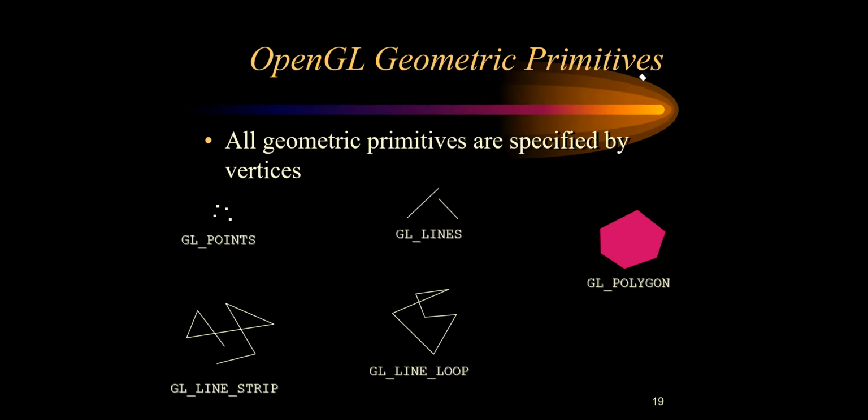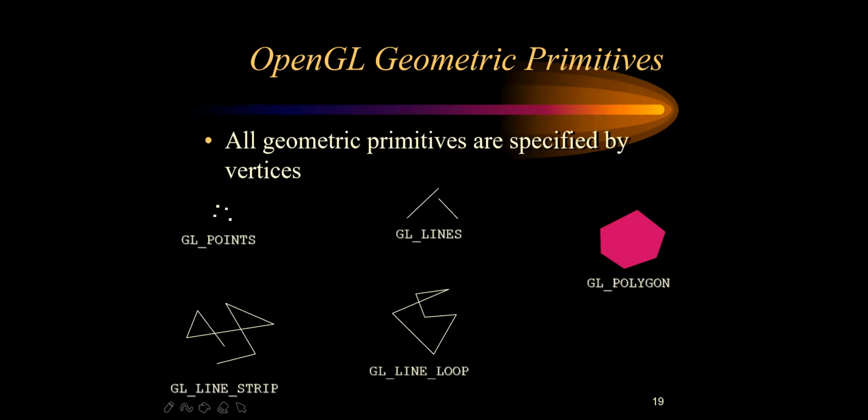So what do you mean by GL polygon here? It will be a closed thing. You can say this is also a GL polygon. What is the difference in these two? Only the coordinate points. If you are using GL line loop and giving this kind of coordinate points, it can draw the output in this way.